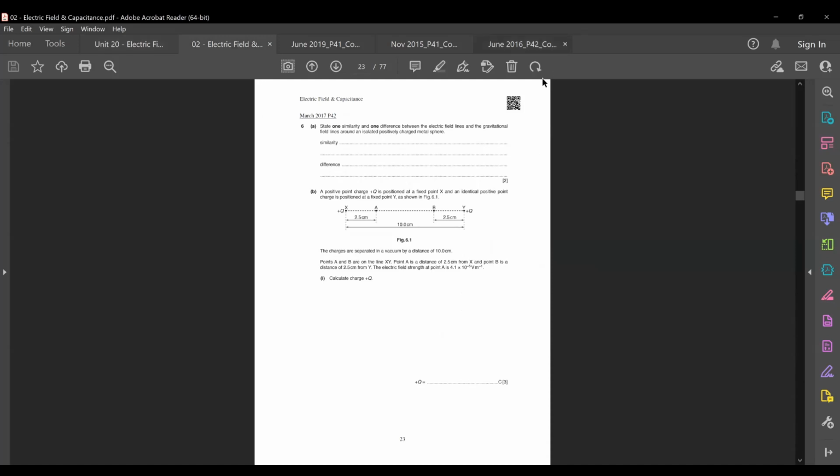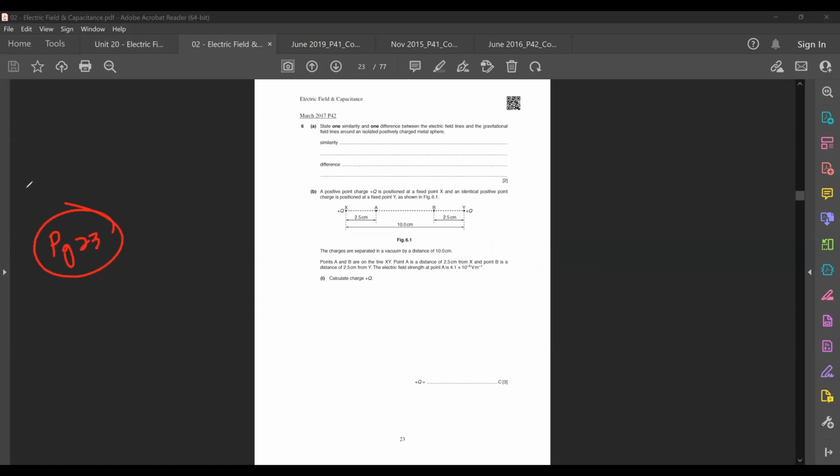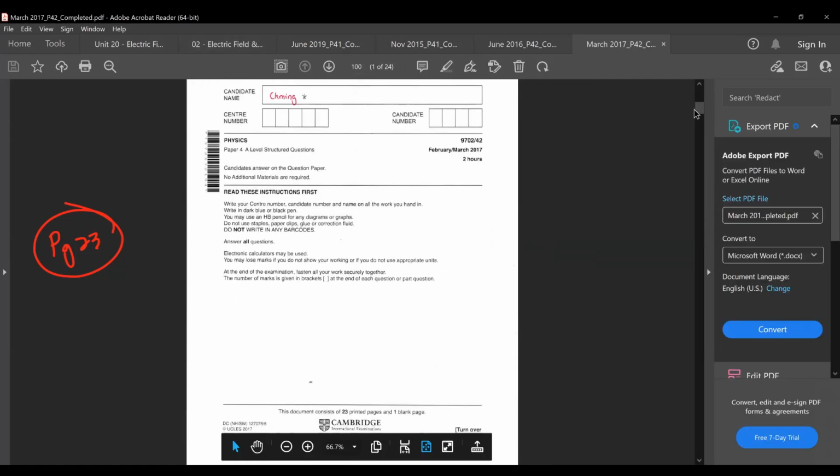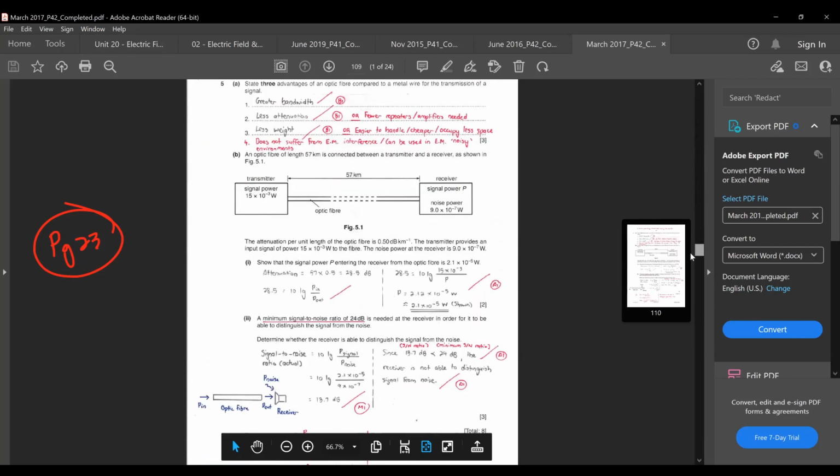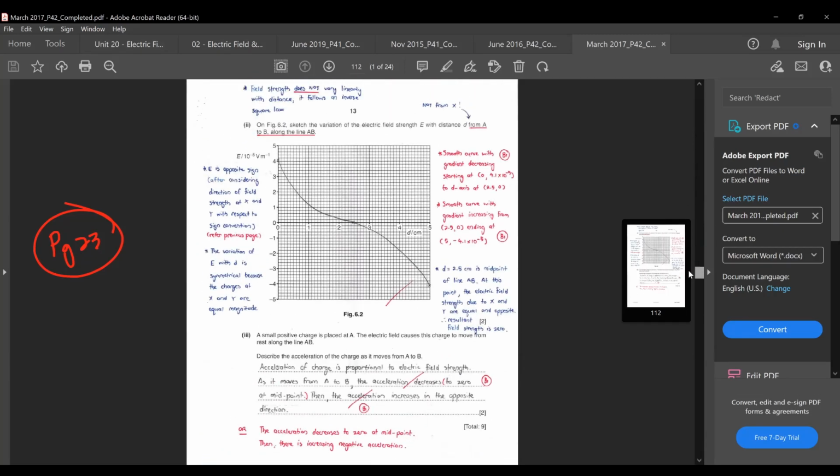Have a look at page 23. This one is a good exercise on seeing what I'm trying to talk about. This one is March 2017 P42. Okay, so look at question